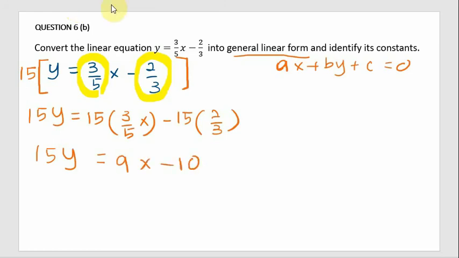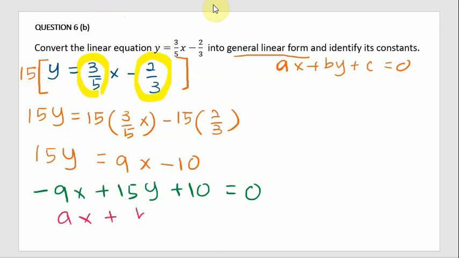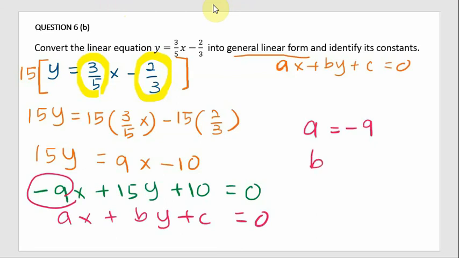Then negative 9x plus 15y plus 10 equals 0. By comparison, we have ax plus by plus c equals 0. So we have a equals negative 9, where b equals 15 and c